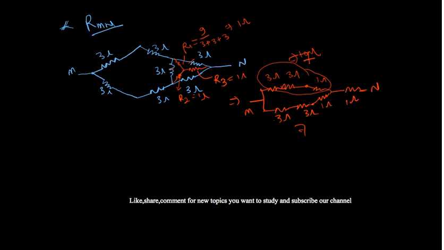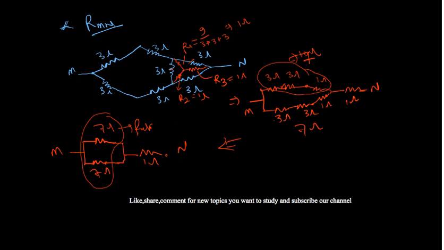So I can further write my circuit like this: 7 ohms, 7 ohms, and this will be in series with 1 ohm. Okay, so here is your M terminal, here is your N terminal. Now you see these 7 and 7 are in parallel. Parallel combination, again, is available in my video. If you solve it, it will come 3.5 ohms. Now again my circuit will become something like this: 3.5 ohm and 1 ohm.